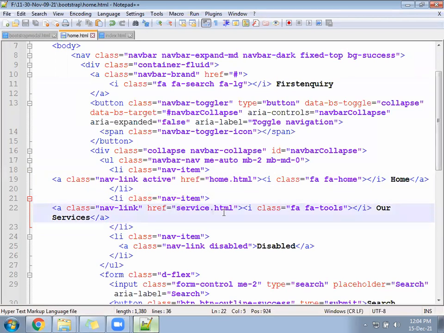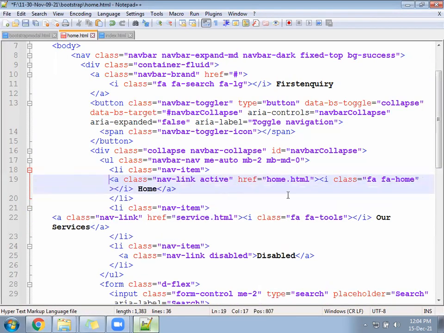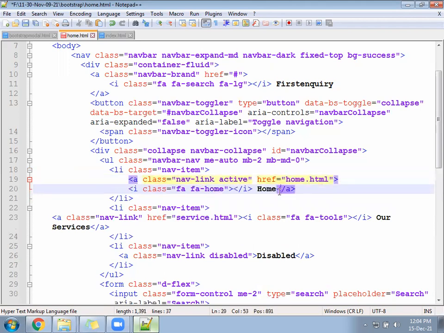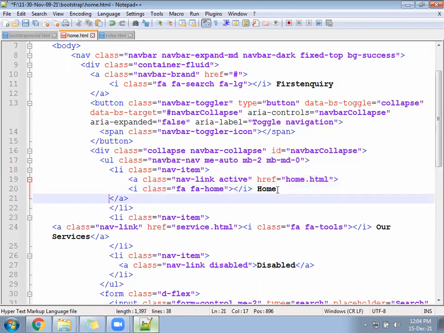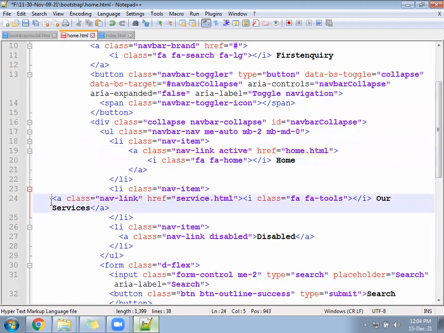Okay, next after that, see my system, a little code lining problem is happening. I will make it like this. The screen size is smaller, so indent, inline.